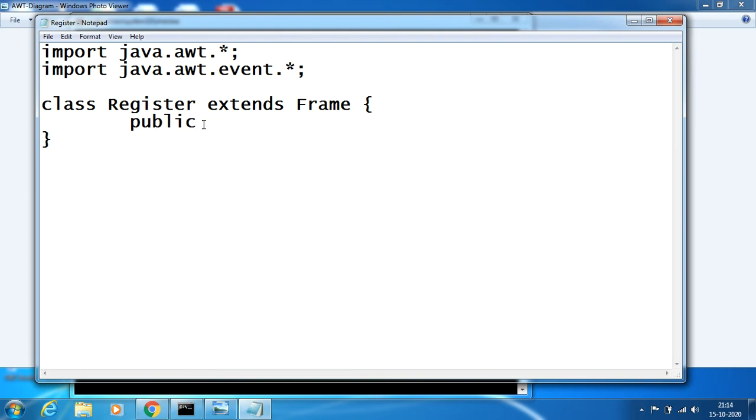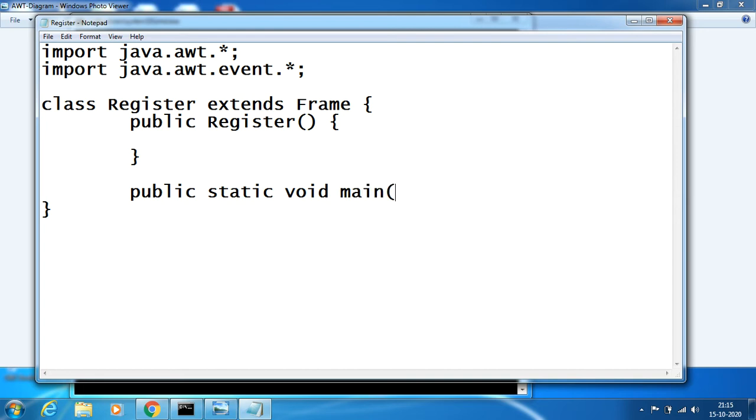One is the constructor, public register, and another one is where the frame will run. The frame will run in the main method, so public static void main, String args. These are the two methods we need in order to run a frame.